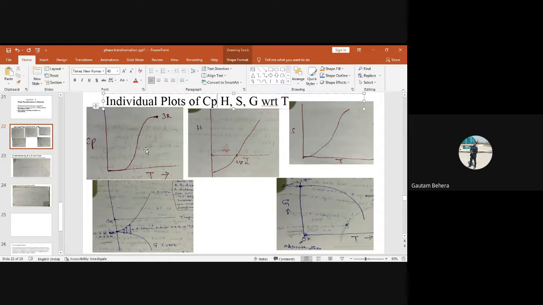is for solid. Fine. Now this plot is showing you enthalpy H versus temperature. Can you figure it out? What is happening to this curve? Why is there a negative axis here? You can see you have a positive axis and you have a negative axis. So what does it mean?